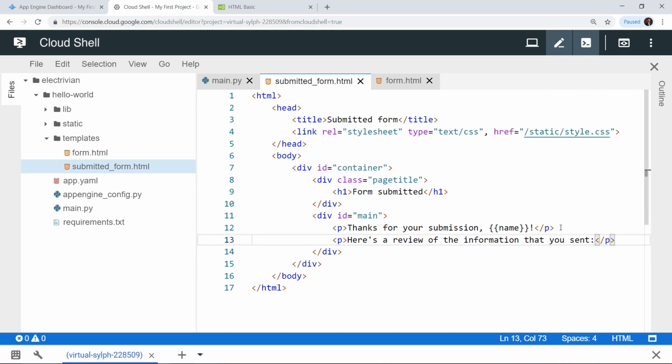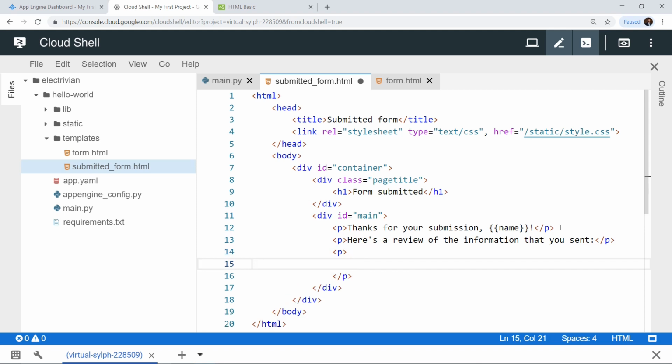Okay, so with this we have told the user that now we are going to be displaying the information which they have sent. Now let's again create a new paragraph tag, and let's close the paragraph tag as well.